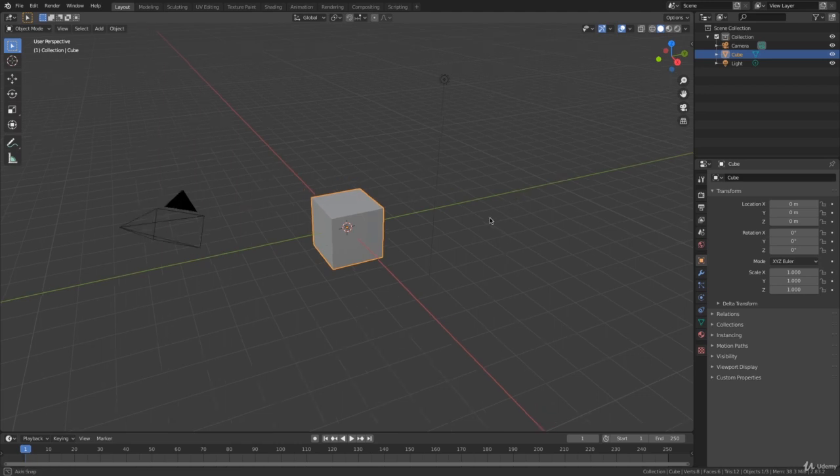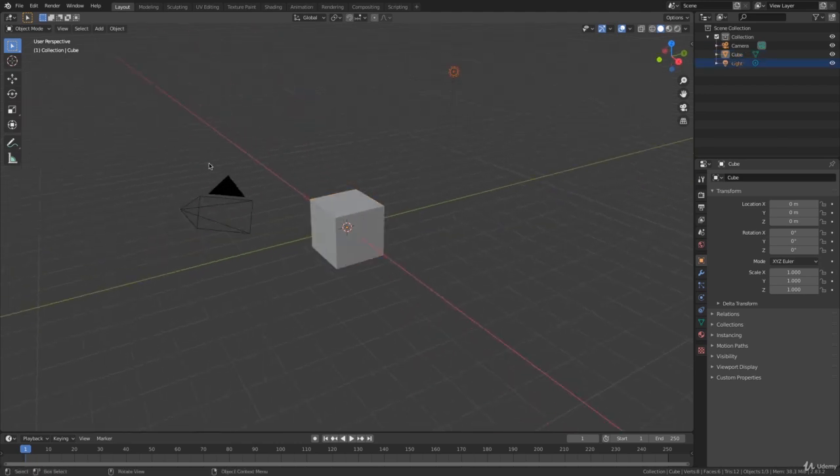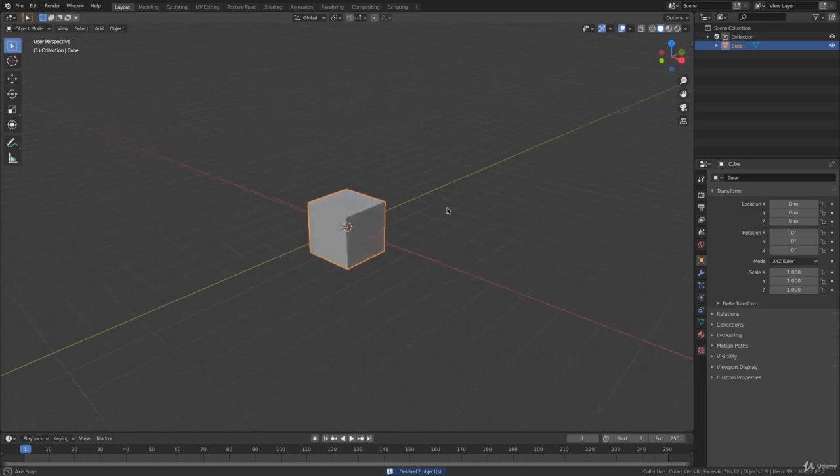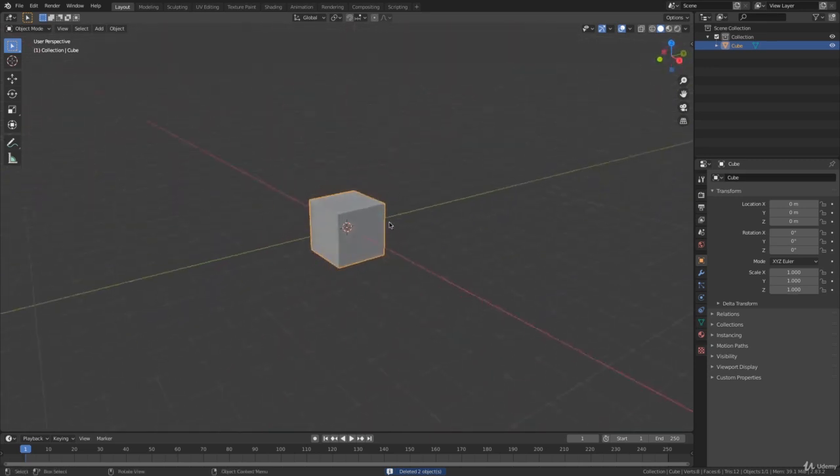your scene. So I'm just going to delete the light and the camera as usual. I'm going to just select the light and the camera, press X and then click to confirm. And then we're just going to leave this cube and I'm going to show you how to add basic keyframes